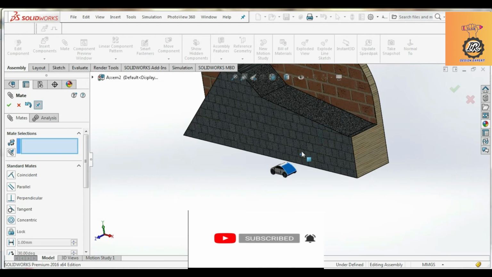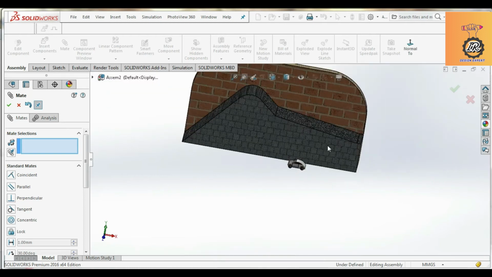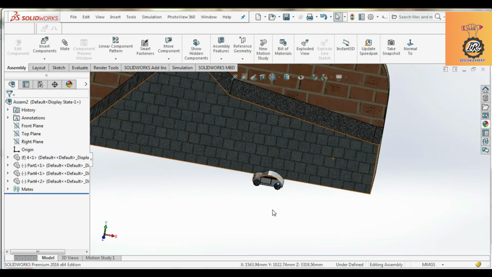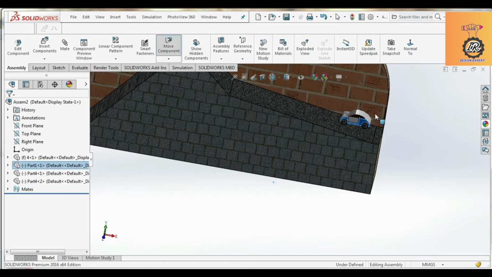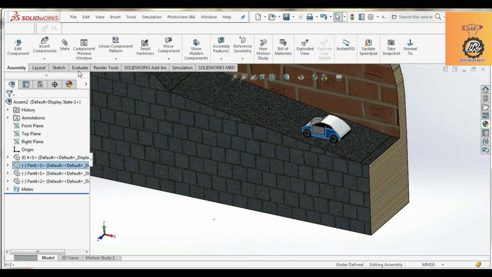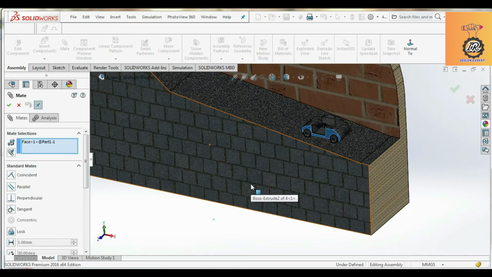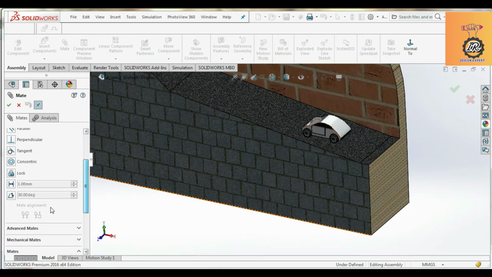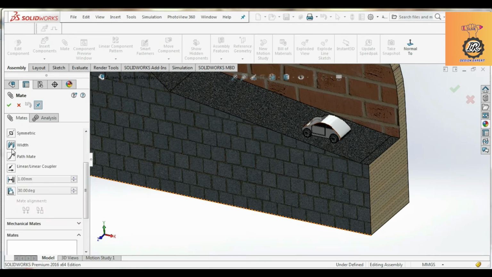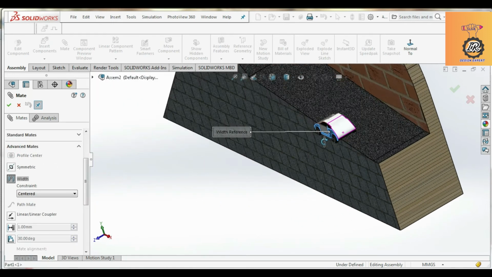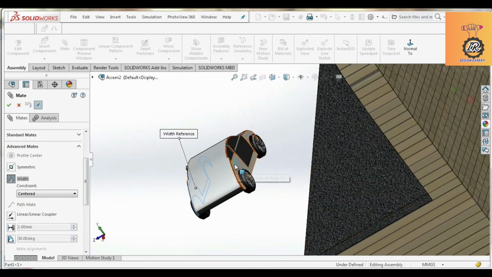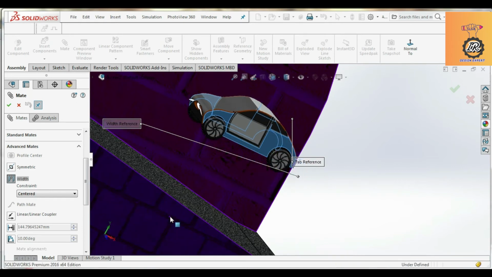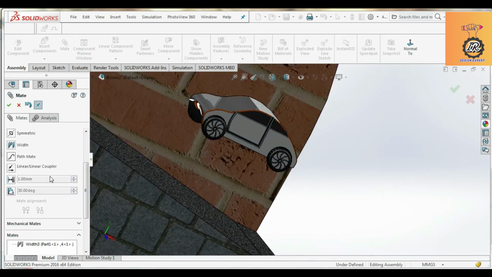First you have to drag it. Before that, going to select the same width mate. Now we can move the car bottom to top. So select the advanced width mate, two sides of the car, and select two sides of the wall. Okay, it is located at the center.